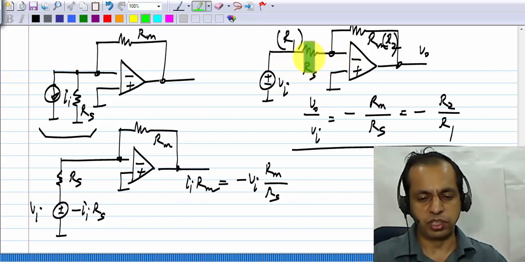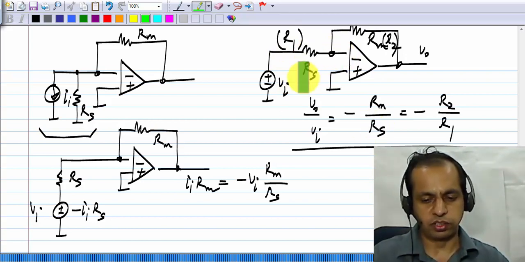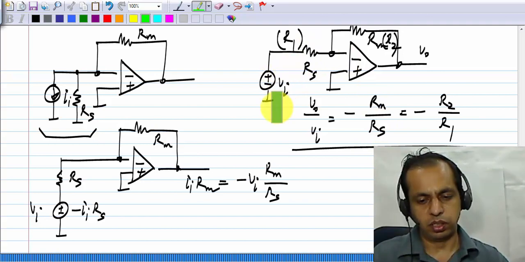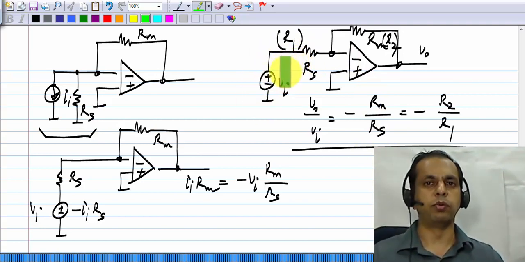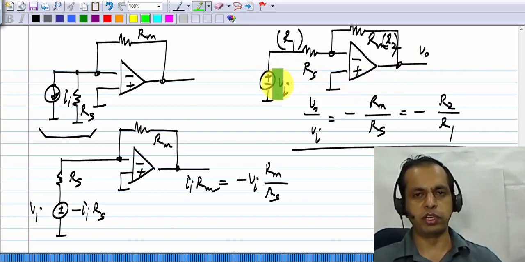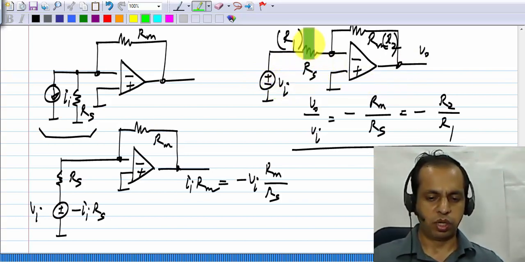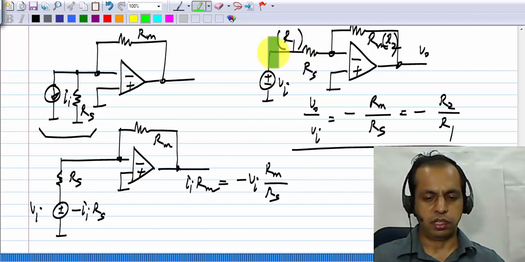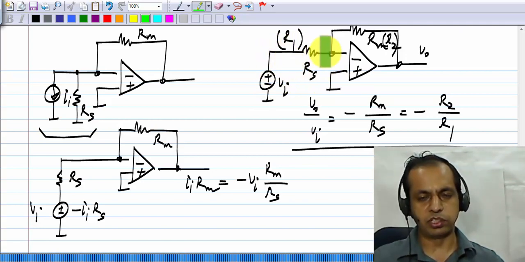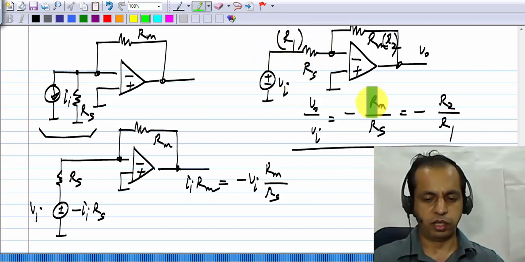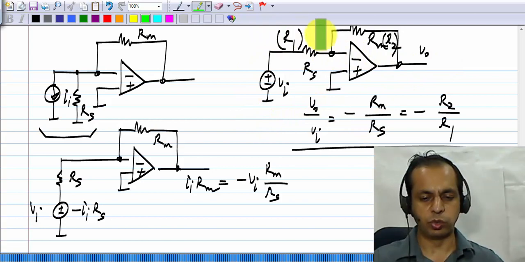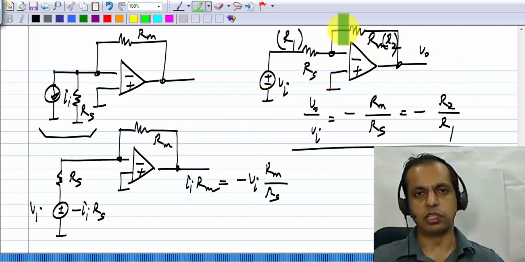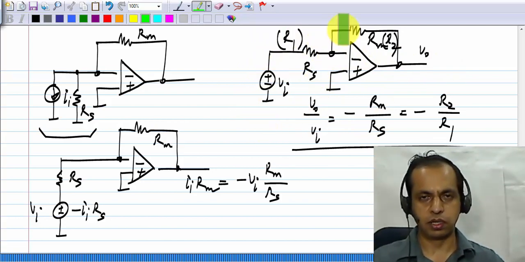In this case, you do see that the gain depends on Rs, which is in series with the voltage source. Okay, this is not a voltage controlled voltage source, because in a voltage controlled voltage source, the gain V0 by Vi should not depend on the internal resistance of Vi. Now, for instance, if there is another resistance here that appears in series with this, the gain will depend on that resistance. Okay, so this is a current controlled voltage source driven by a voltage source in series with its internal resistance. Okay,